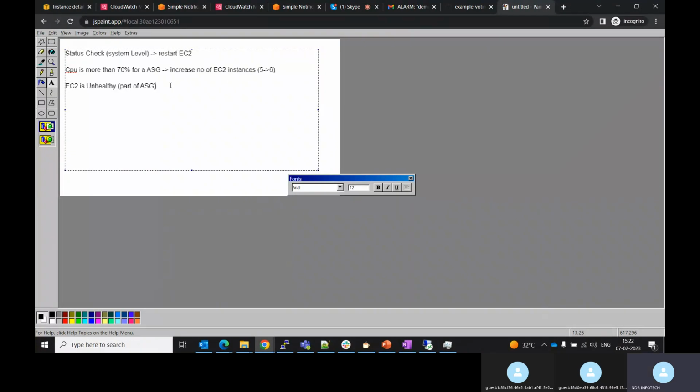Suppose your EC2 is unhealthy. What you are going to do? You're going to terminate the EC2 so that it will create a new EC2 machine, because of the auto scaling group. Now tell me, guys,